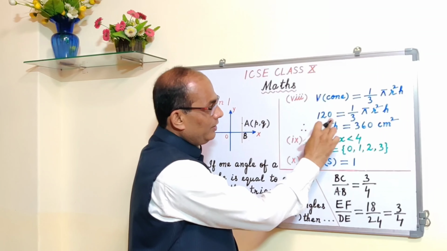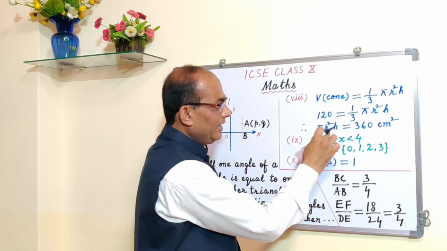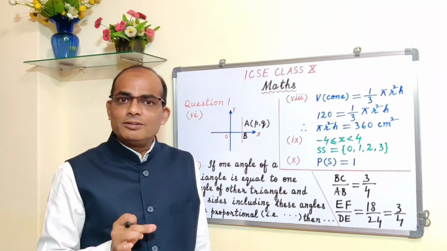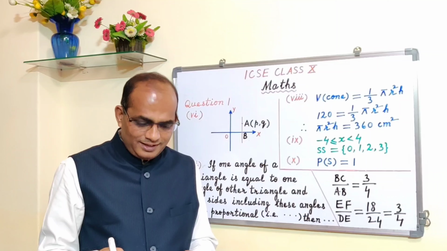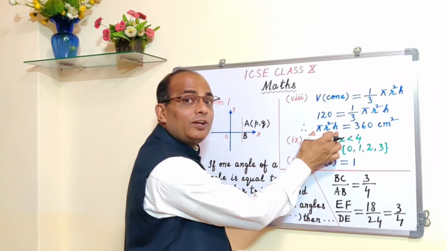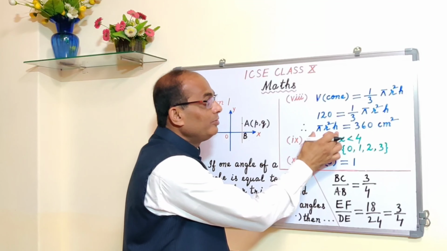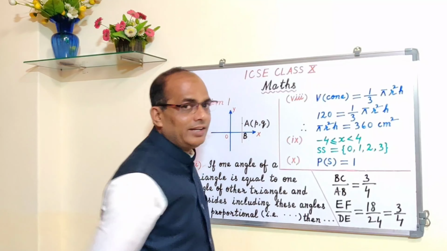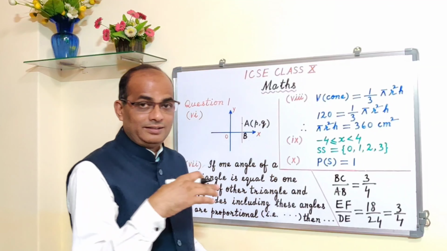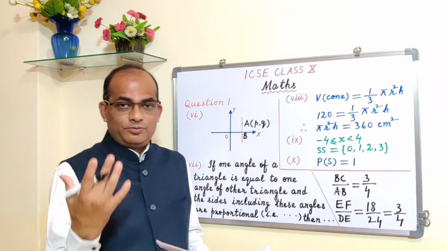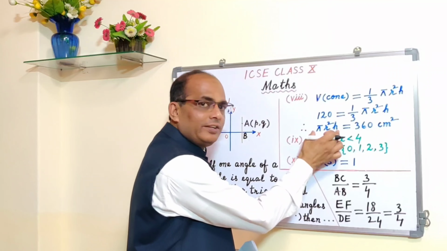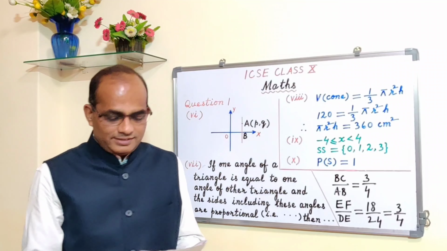If you cross multiply, 120 multiplied by 3 gives you 360. So 360 is equal to pi r square h, and pi r square h is nothing but the volume of the cylinder. That means the volume of the cylinder is directly 360. You don't have to look for the radius and the height and then find out the volume of the cylinder. Directly you are getting pi r square h, which is 360, and pi r square h is the volume of the cylinder. So you got the volume of the cylinder as 360 centimeter